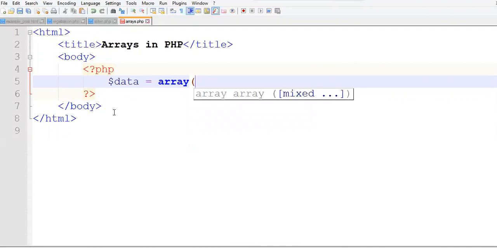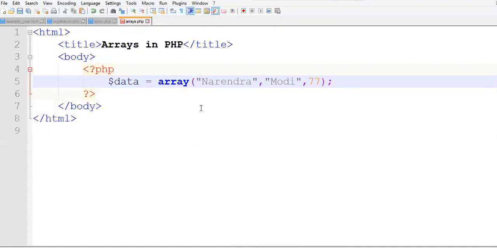Now inside this we have given the values. This was our original array.